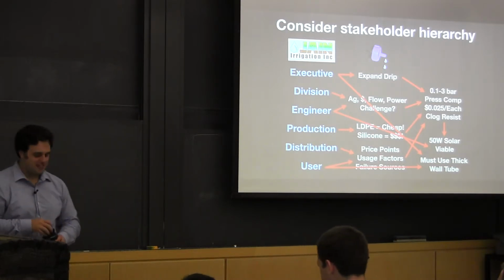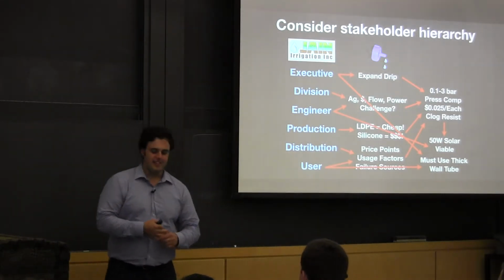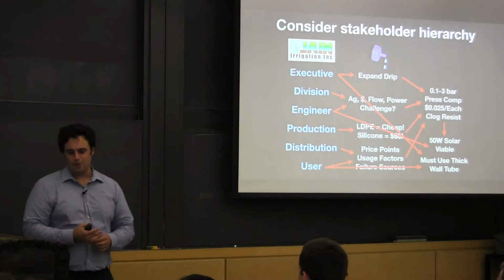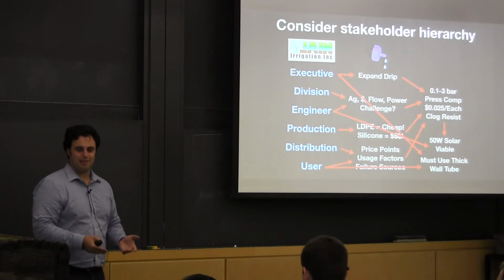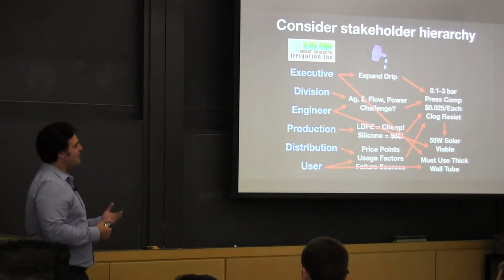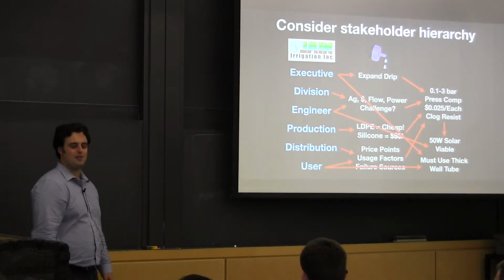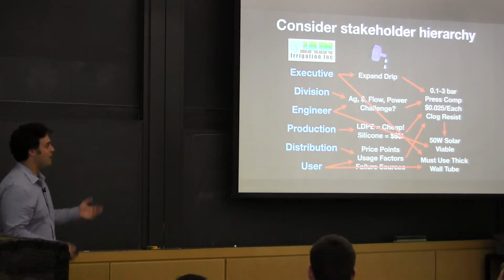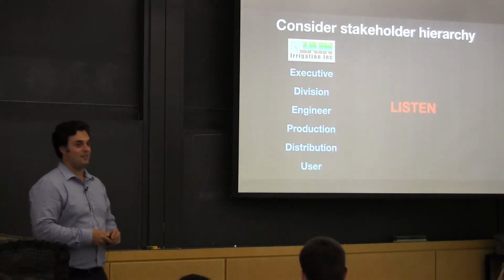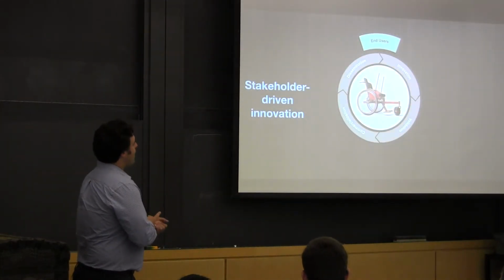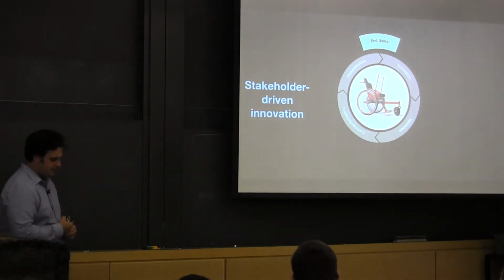The other funny thing about this, and I have that arrow coming down from the user, is that we were also talking to Jain, and they said, well, farmers like the thicker walled tubing actually because when bullocks step on it, a bullock is like an ox, it doesn't puncture, but the thin walled punctures, right? And I like this example because it's really the top of the hierarchy and the bottom of the hierarchy impose the same constraint. And we would have missed it had we not been thinking about that whole hierarchy. Okay, so the moral story here is listen. Listen to people.